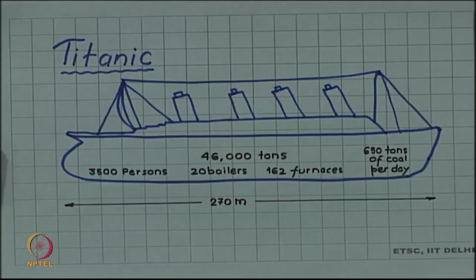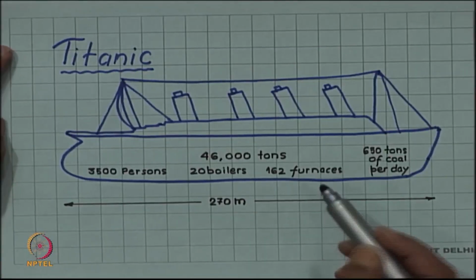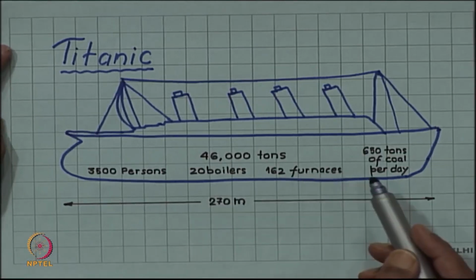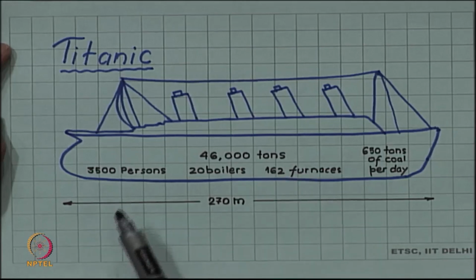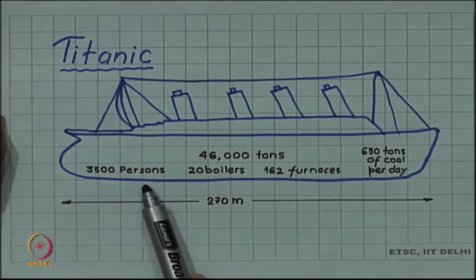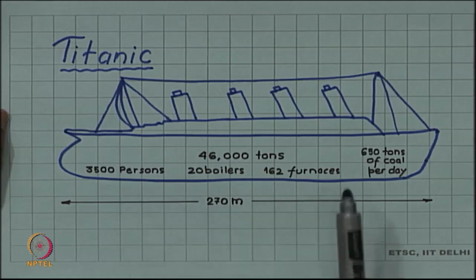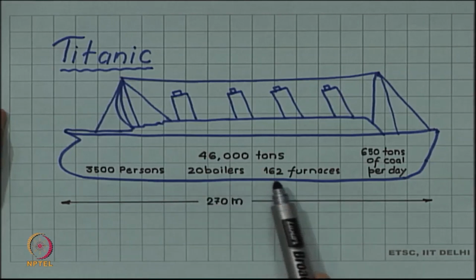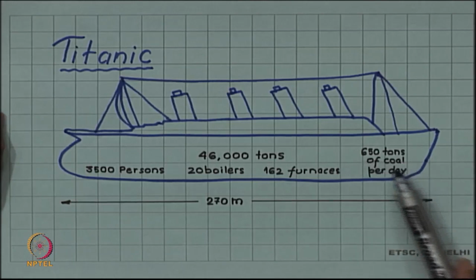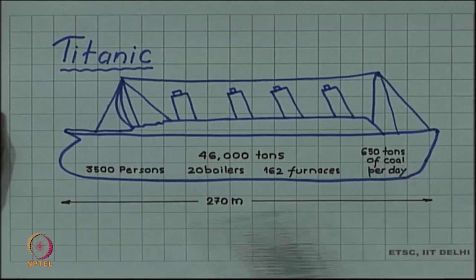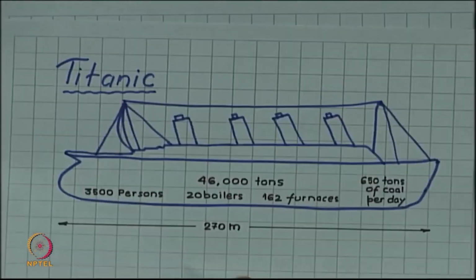We all know about Titanic. It was one of the largest ships when it was built. Its weight was 46,000 tons. It was supposed to carry 3,500 persons. To run the ship, there were 20 boilers and 162 furnaces, and it was consuming 630 tons of coal per day. The entire length of the ship was 270 meters. So, it was a huge ship,